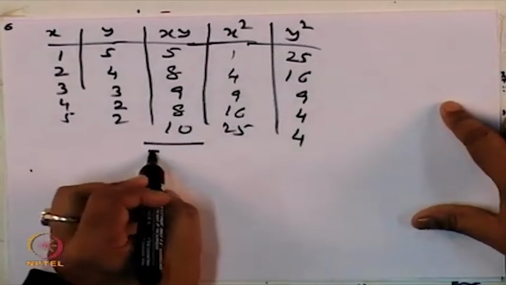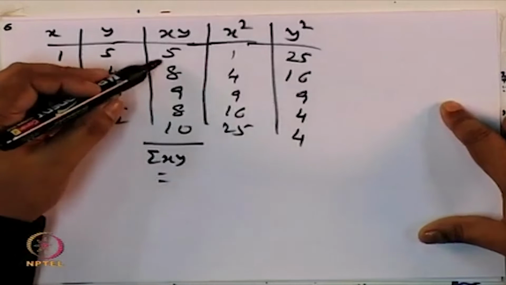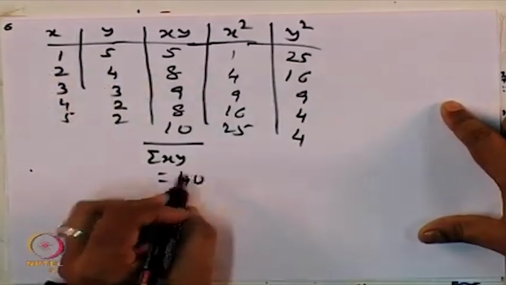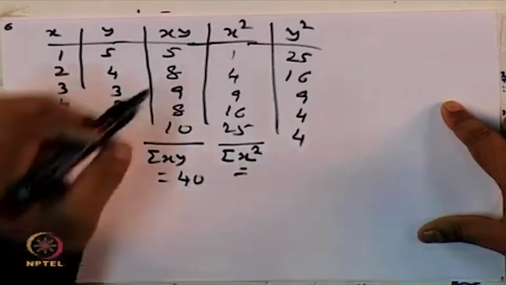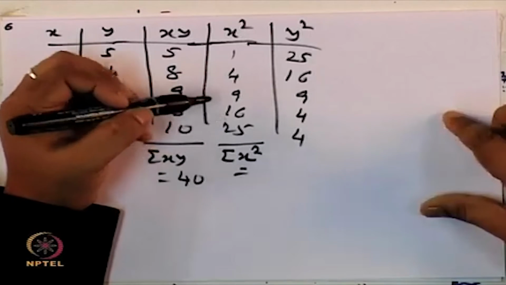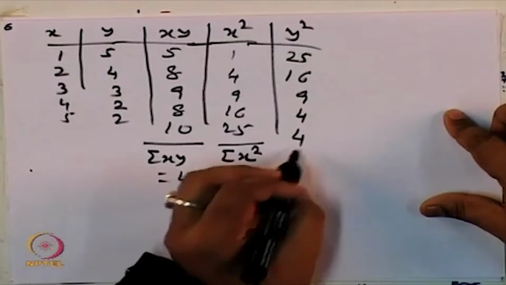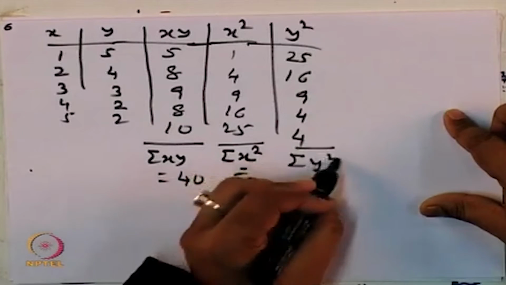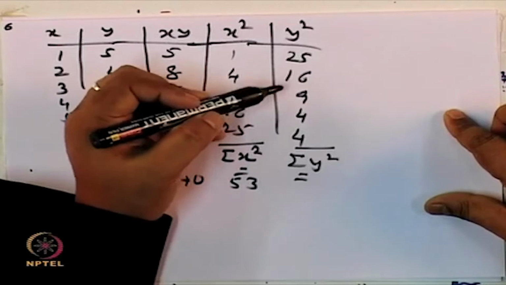So, summation of x y is equal to 27 plus 13, 40. Summation of x square equal to 25, 26, 40 and 13, 53. Summation of y square equal to 9 and 8, 17,